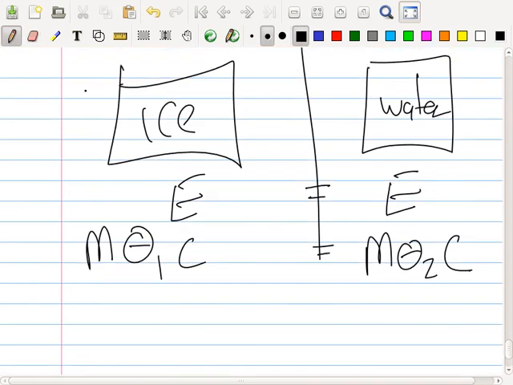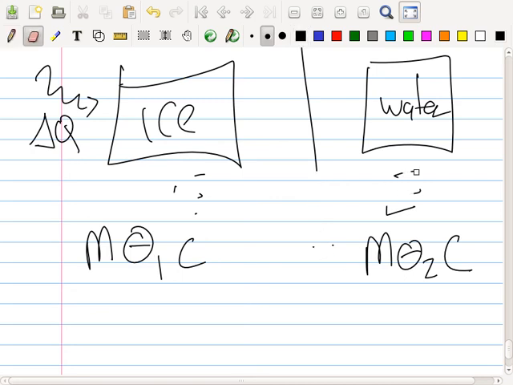Now, if I come along and add energy to this, I call it delta Q. I put more energy here, which means there's more energy than this one here. The energy will be in what form? It'll be held in this, but also because it changed the form. So for example, this is the energy in the water. This is the energy in the ice, but I also need the energy to change the form.